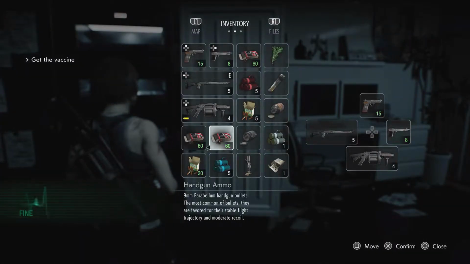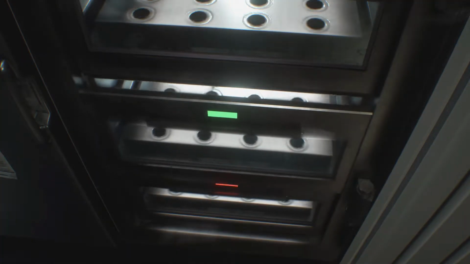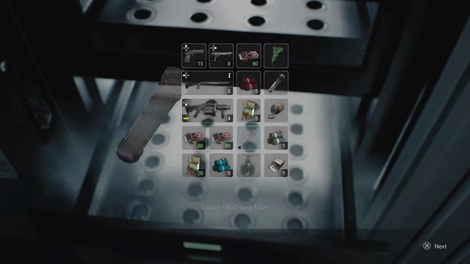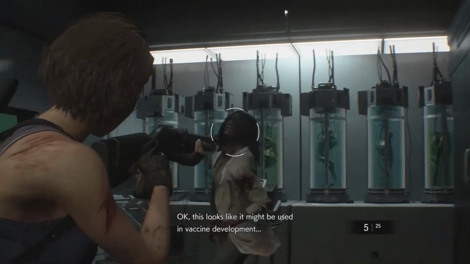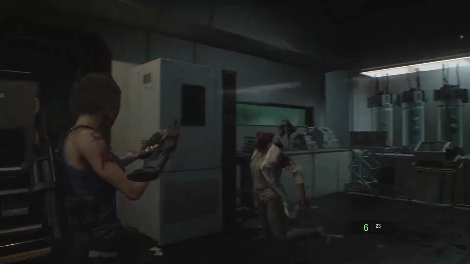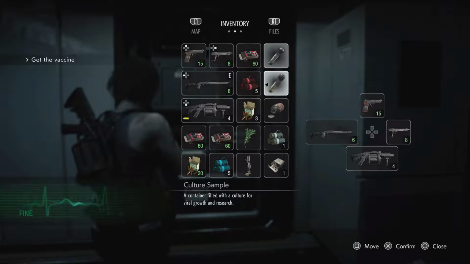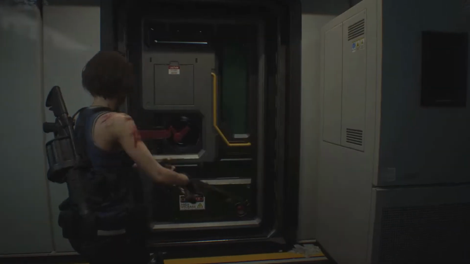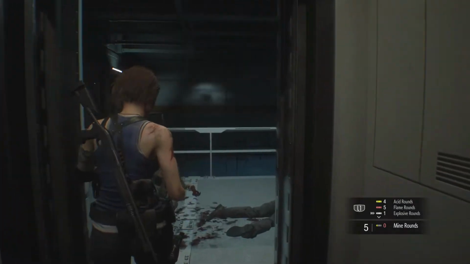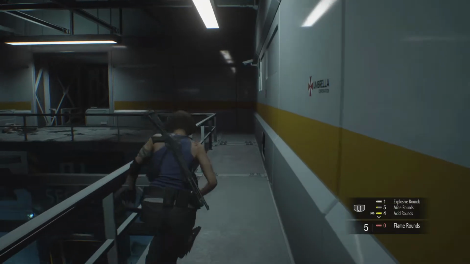And believe it's in the drawer. You would not believe how many times I have missed that. But okay, there she goes. So now we need to mix them together for the vaccine base. And now we need to head back to the room where we got the flash drive, so we can then